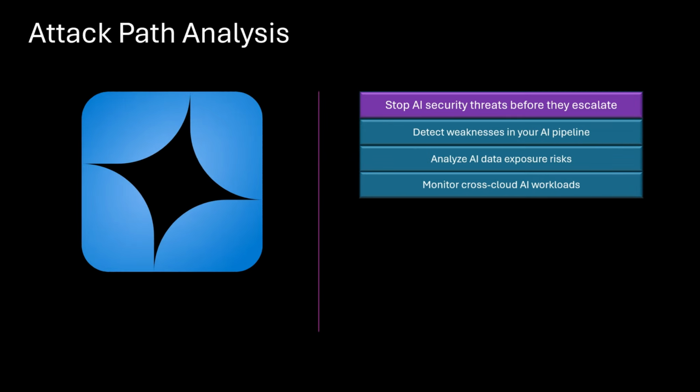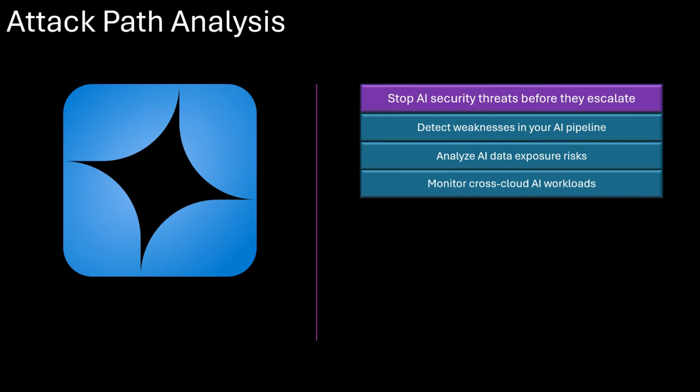Your AI workloads are connected to multiple services, including data sources, cloud compute, and APIs. Attackers often look for weak points in this AI ecosystem to compromise models, manipulate outputs, or steal sensitive AI generated data. With Defender for Cloud's attack path analysis, you can detect weaknesses in your AI pipeline, including insecure model deployments